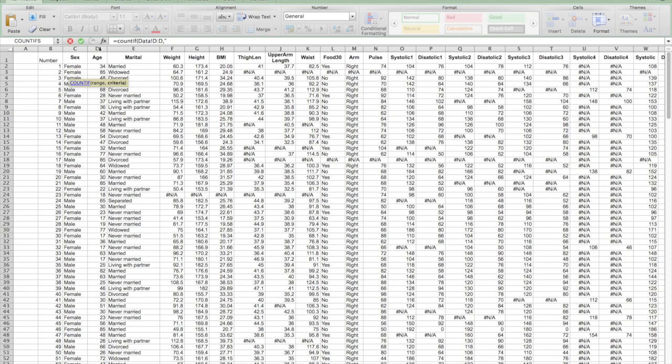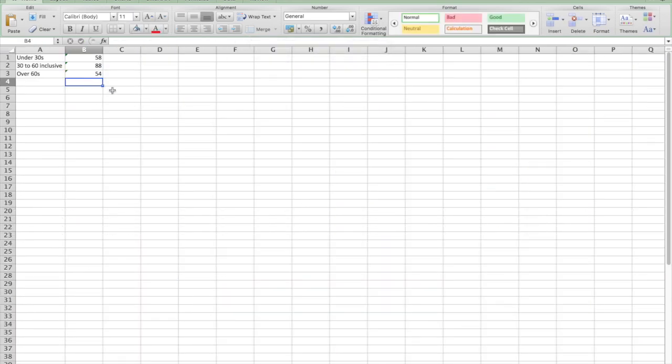This time we want over 60, so greater than 60, not equal to, like that. And you can see the formula up here. Press enter and we have this result here. I'm just going to do a quick check, and that's a little totalizing formula. So equals sum, open bracket, and then I'm just going to highlight these 3 cells here. It should tell me what the total of those is, and it should be 200, which shows that the count